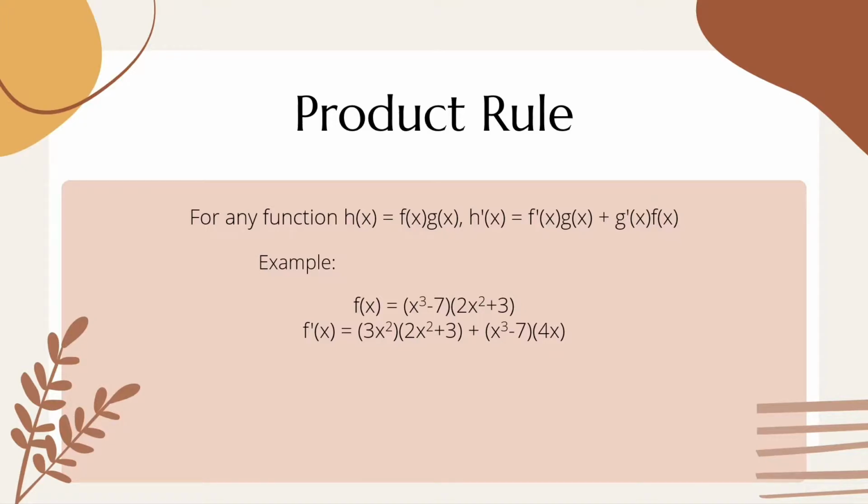We simplify the terms, and that would give us 6x to the fourth power plus 9x squared plus 4x to the fourth power minus 28x. We combine similar terms and we'll get 10x to the fourth power plus 9x squared minus 28x. On to our last rule,